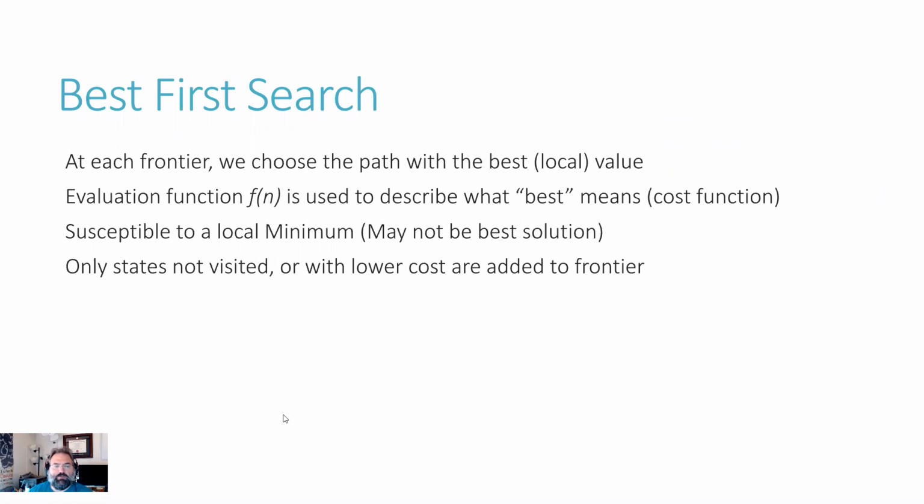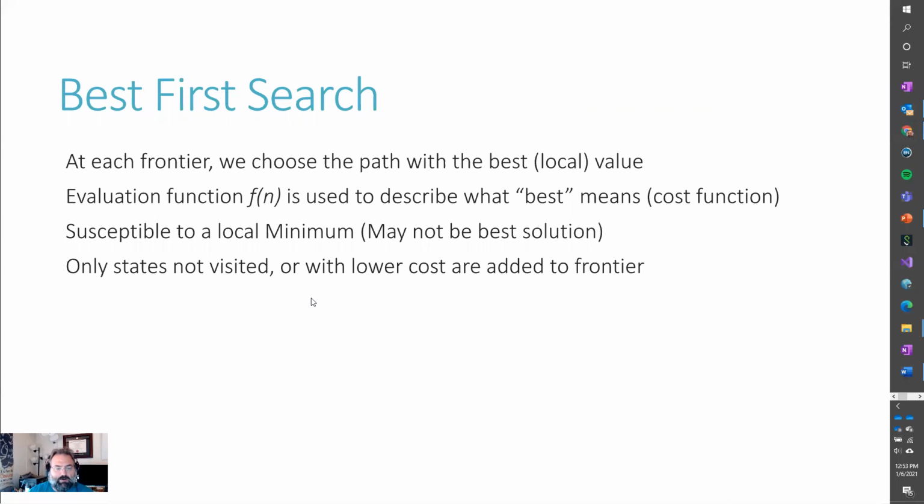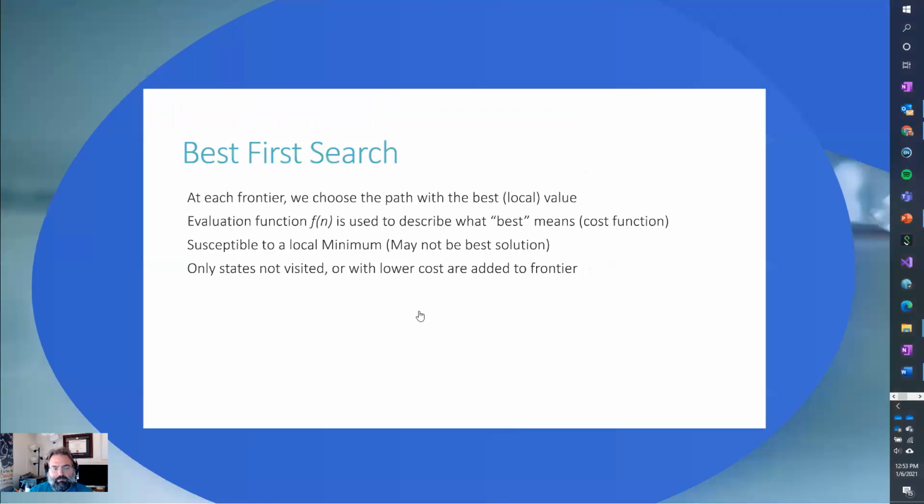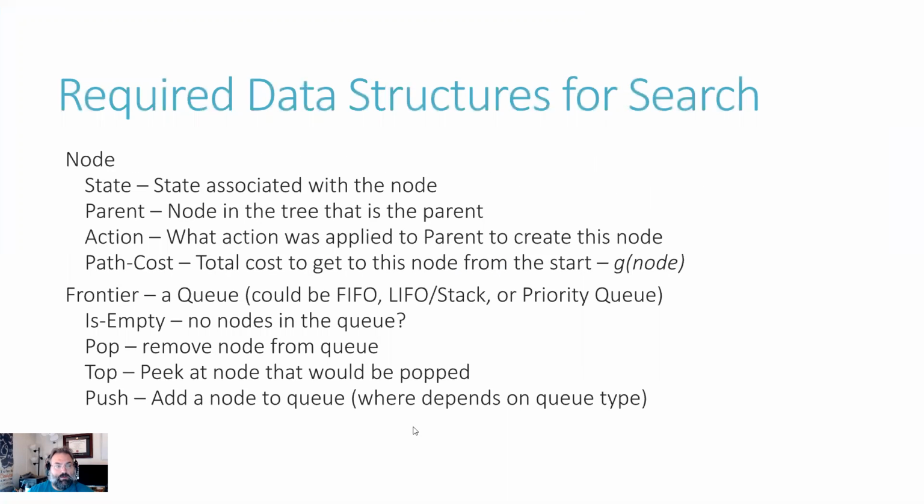This is susceptible to what's called a local minimum or maximum, depending upon which way you're trying to solve the problem, which means that you might find what looks like a good solution, but you're not really evaluating the entire search space. It could be you have to make a less efficient choice early on to get to the true best choice overall. It's not a great strategy from that regard, because you may miss the real value.